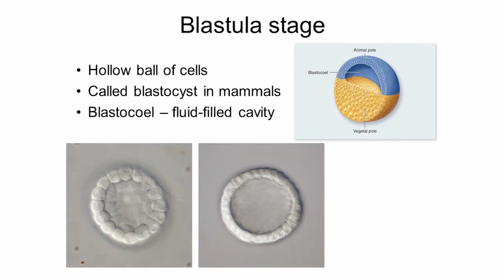At the end of the cleavage stages, the blastula forms. The blastula is a hollow ball of cells. In mammals, it's called a blastocyst, and the interior of this hollow ball is called a blastocoel, and it is a fluid-filled cavity. Now, what takes place to form the blastula is that the interior cells begin to pump sodium